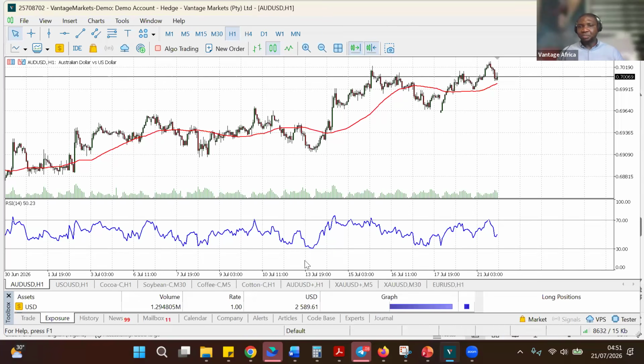So where are you expecting price to buy? Here, this is the oversold region. Where are you expecting price to sell? Here, this is the overbought region. So the 70 is the overbought region, the 30 is the oversold region. So at overbought, you're expecting a sell. At oversold, you're expecting a buy. Okay. Then the next